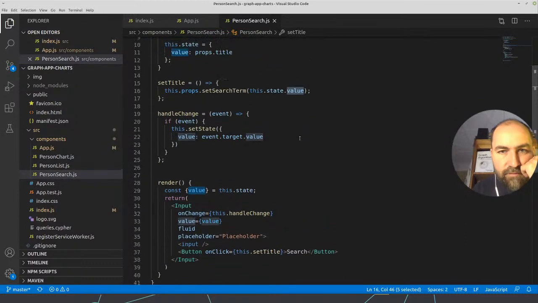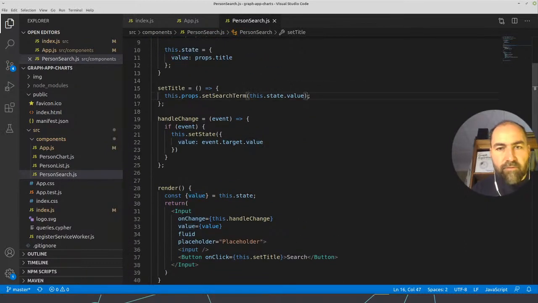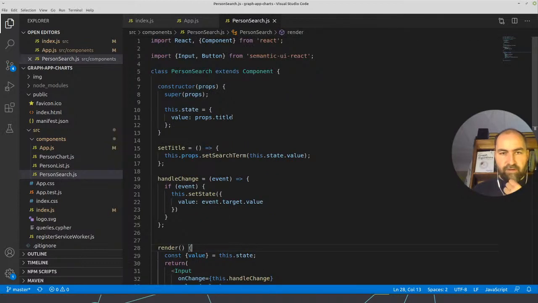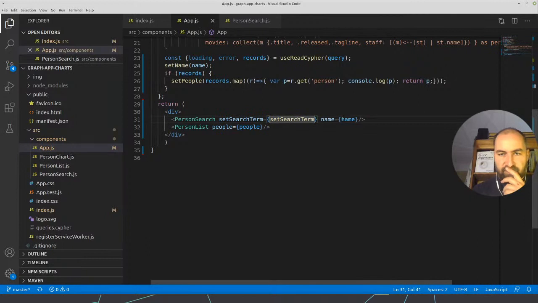Right, so this should be, we can also leave it. So on click this should do this, and it gets the title passed in, and the set search term as. So I want to leave this actually like it is, and the name is name.